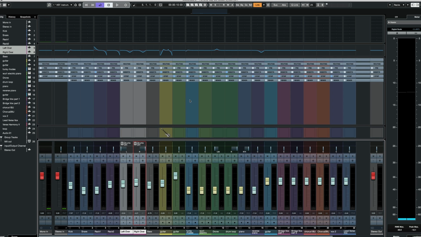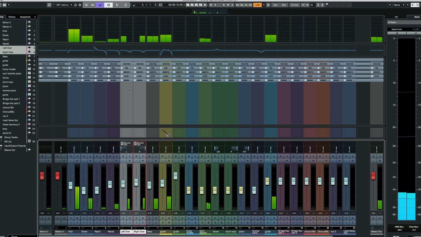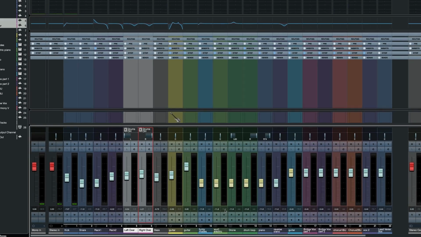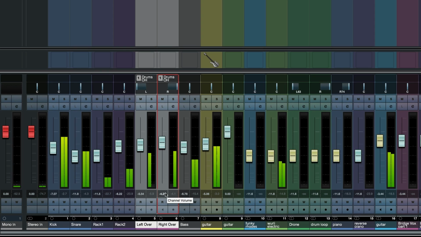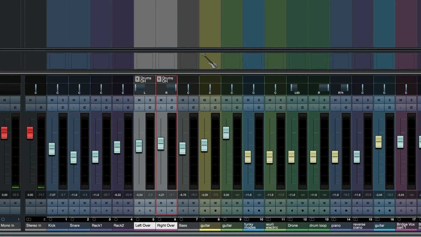Okay, so the last thing we're going to look at is the global settings for the mixer. So when I play these tracks, obviously I've got my meter bridge, all of that good stuff happening on, but I also have a lot of stuff going on in the background. You'll notice all the tracks that have data on them are giving me a meter peak level, right? Which is really helpful. It's constantly tracking the peak level of this particular instrument throughout my song. So it's going to tell me, if I listen to the whole song, what the loudest level is for that particular pass that you just listened to.